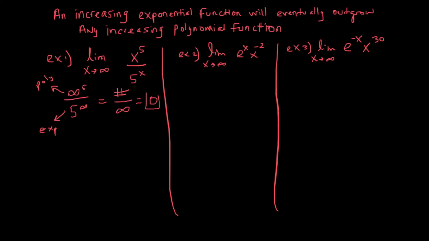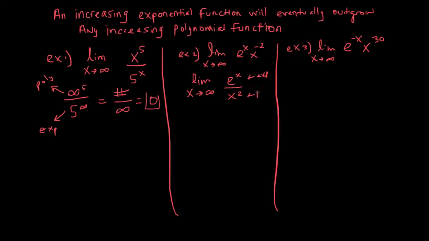Looking over at example 2, I notice that I also have an exponential and a polynomial, but I notice that I have a negative exponent. So the first thing I want to do is make sure that my powers are all positive. So I'm going to rewrite the question and now try the limit as x goes to infinity of e to the x, and to turn x to the negative 2 into a positive exponent, I just need to move it to the denominator. This is from the laws of exponents. You remember those. And so there's a ratio, and there's my exponential,